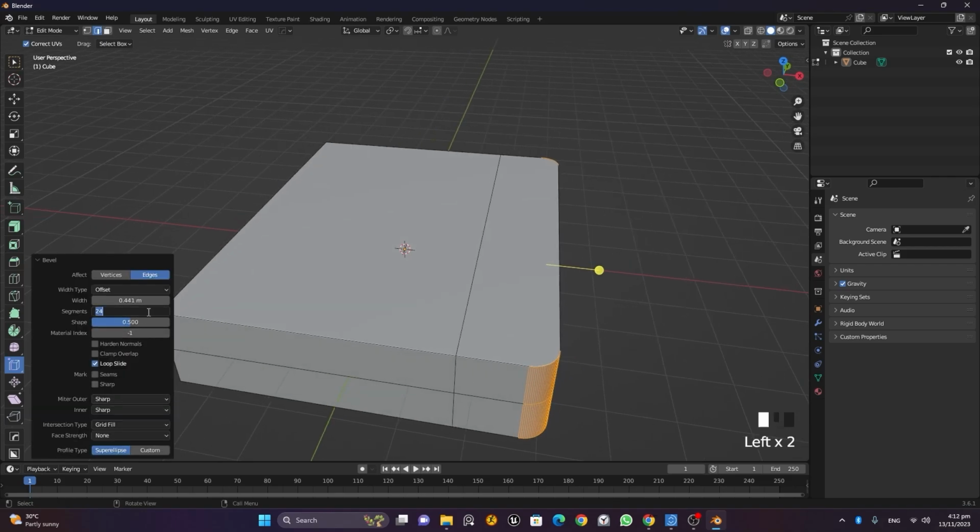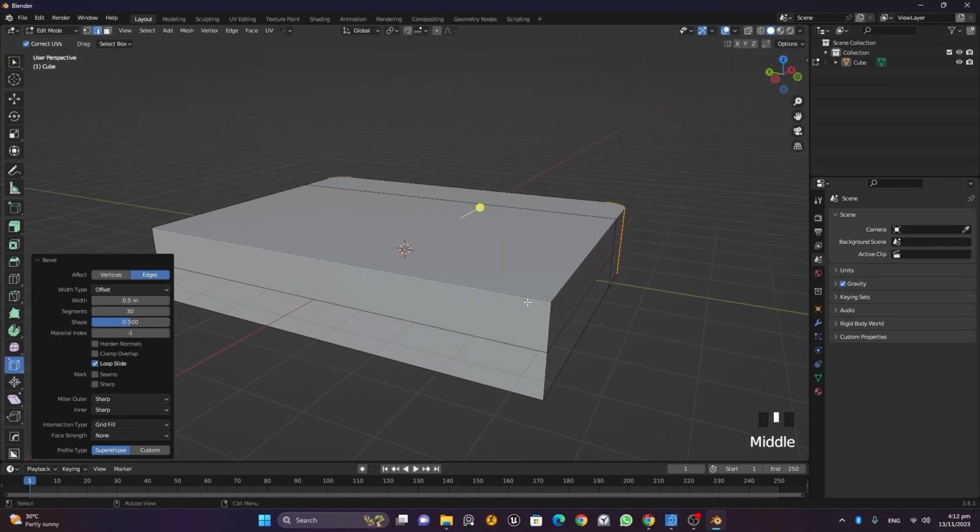You can still add some. So maybe instead of 24 segments, I will add 30 segments. Okay. And width, maybe I can put 0.5. So this is what I'm looking for. Now what I can do here is that I will do the same thing